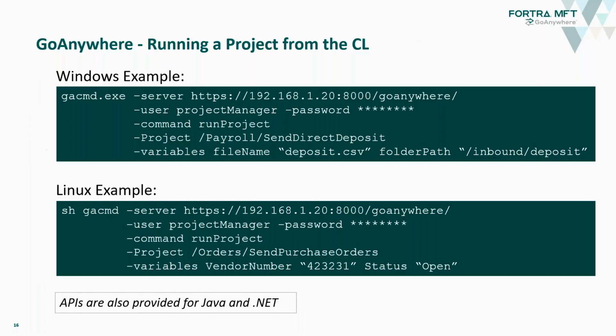Go ahead, Eve. So in this case, let's look at the other side of that. What if you have things internal? Maybe you need to generate EDI documents and then you want to turn right around and send them out via AS2 or SFTP or communicate them via REST calls. Then I can actually execute commands that trigger GoAnywhere automation. That can be done from a CL command. It can be done from a GA command on a command line on a Windows or a shell command on a Linux box. I can trigger these transfers, these automations within GoAnywhere from pretty much any entity or any scheduler